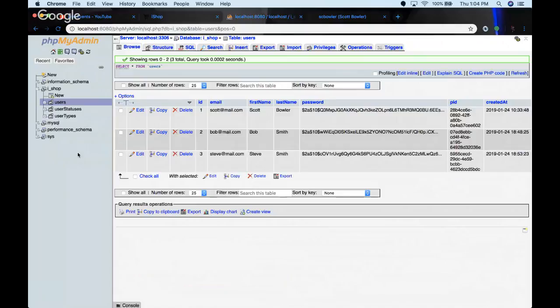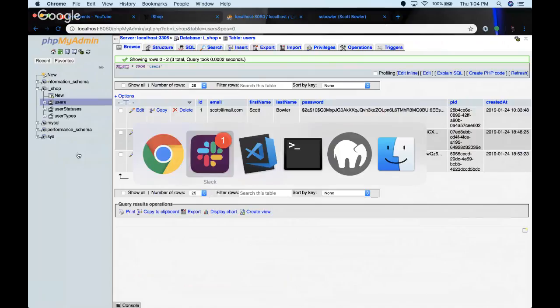So for products, we had a product ID, price, title, description, possibly an image URL, and quantity, like how many do we have in stock. All right. That sounds legit. All right, so what we'll do is we'll set up our model for this. So we'll go to our